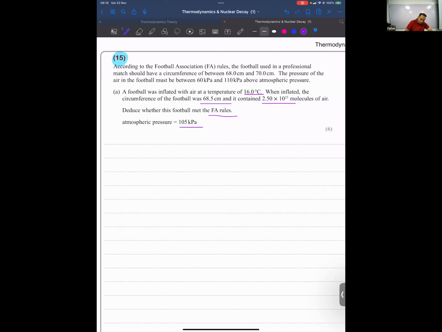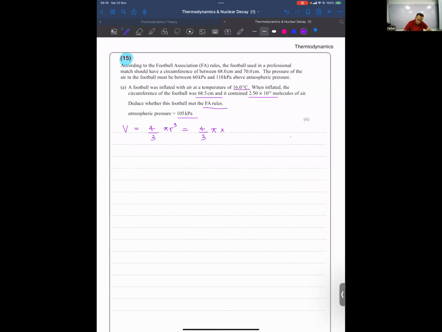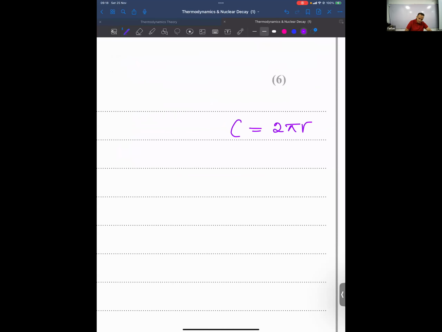Right. So guys, we can find the volume of the football. The football is a sphere. The volume of a sphere is given by the equation 4/3 pi r cubed. The circumference is 68.5. We don't know the radius, so I can use circumference equals 2 pi r. From there, I can find the radius. 68.5 centimeters equals 2 pi r. That gives you the radius, which is